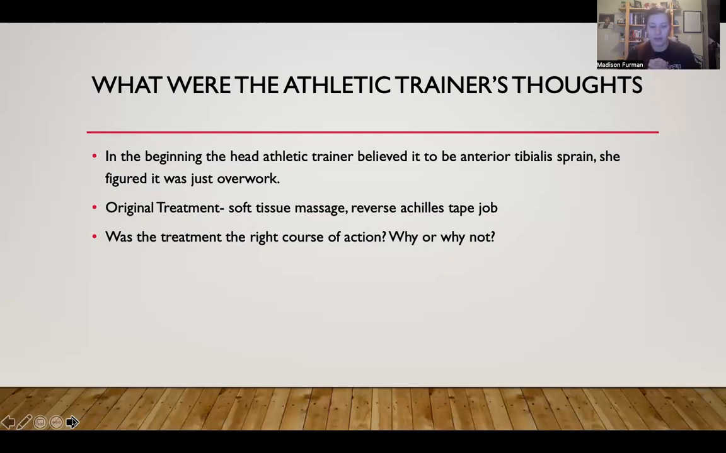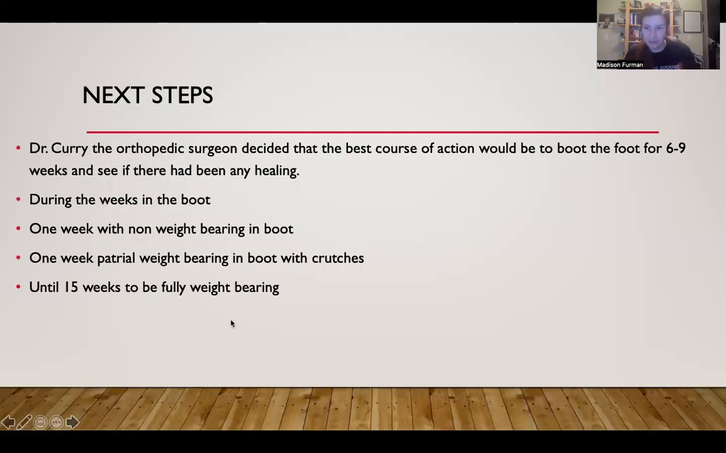So basically we're 2 weeks into her complaining, and this is kind of where we're at in our mindset. So then we have to go to a specialist in Dallas, Texas. Next steps. Dr. Curry is a foot specialist and orthopedic surgeon. He basically is working out of Dallas. Our head athletic trainer went with Rose down to see him to see what our best courses of action would be. He decided a very conservative treatment would be to boot Rose for 6 to 9 weeks